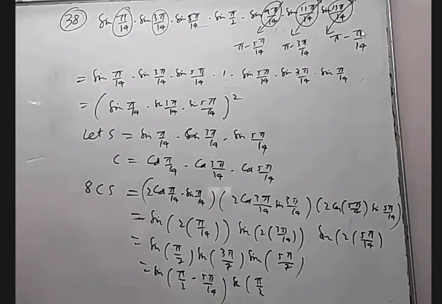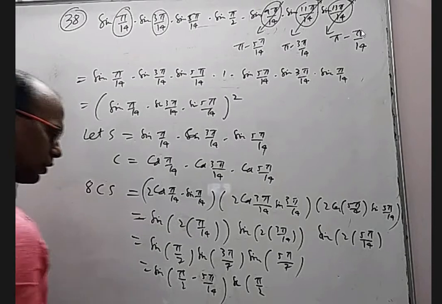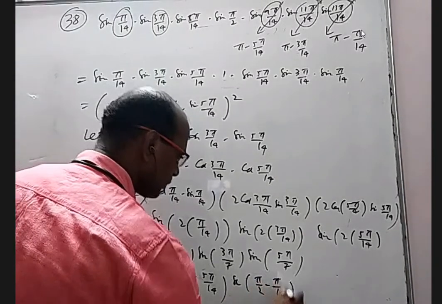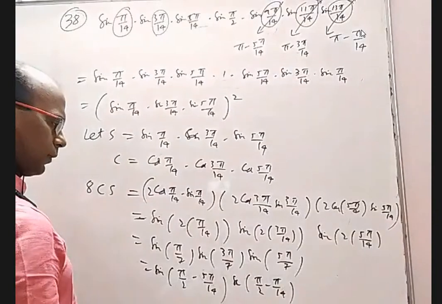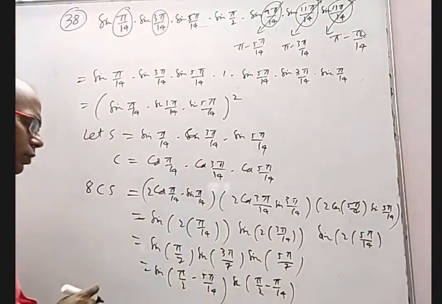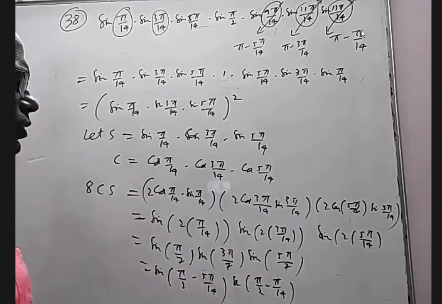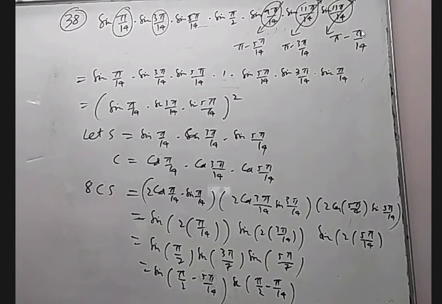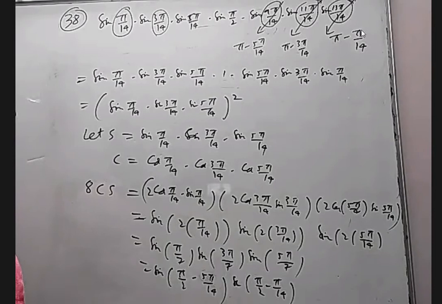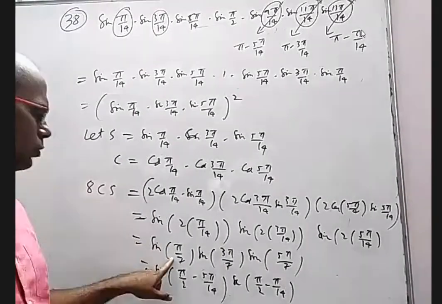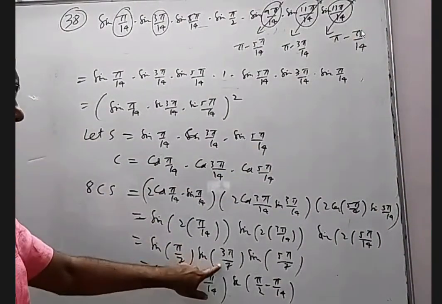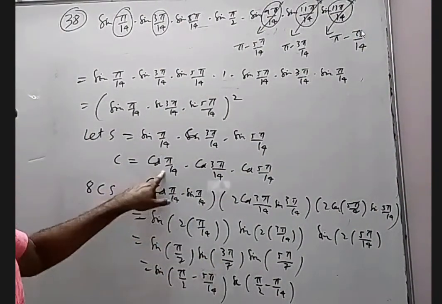6 pi by 14 means I should be able to write in terms of pi by 14. That is this. So that would be pi by 2 minus pi by 14. This is 10 pi by 14. 5 is done, 5 is done. So I am left with this. How can I change this 5 pi by 7 to 3 pi by 14? This is 2 pi by 14. So this is combining with this. This is 6 pi by 14. This and pi, that's good.